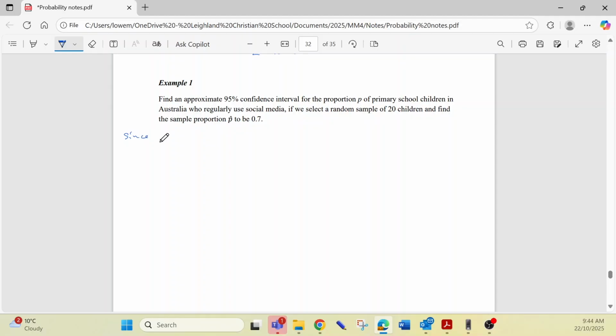Since P hat equals 0.7 and N equals 20, our standard deviation is given by the square root of 0.7 times 0.3 divided by 20,